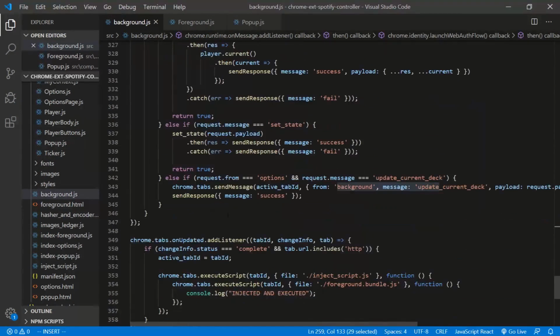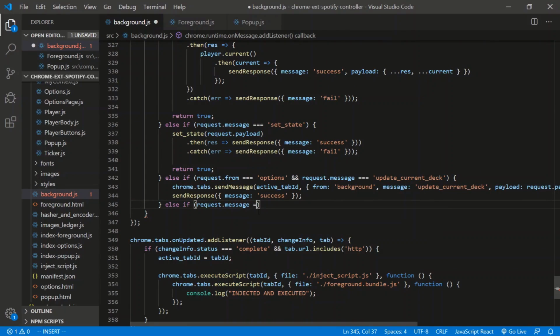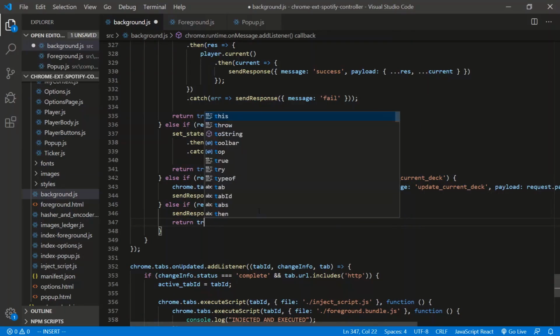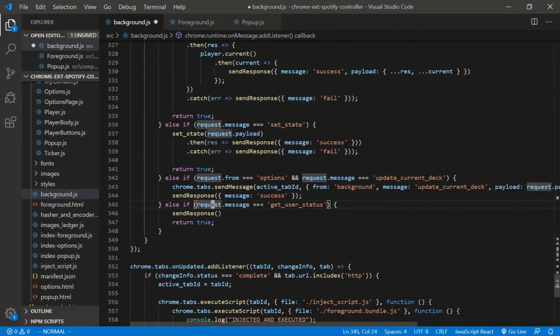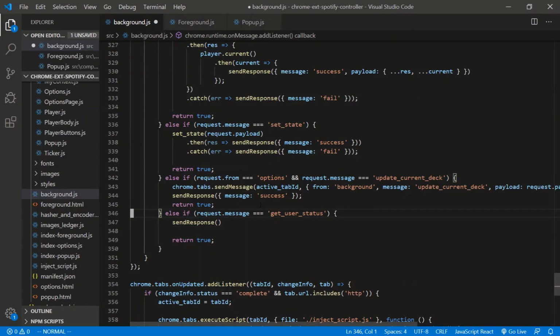If true, get state right here. So else if request.message is equal to get user status, we'll do a send response of. We'll do return true just in case. Forgot that here as well. Just in case. Send response of